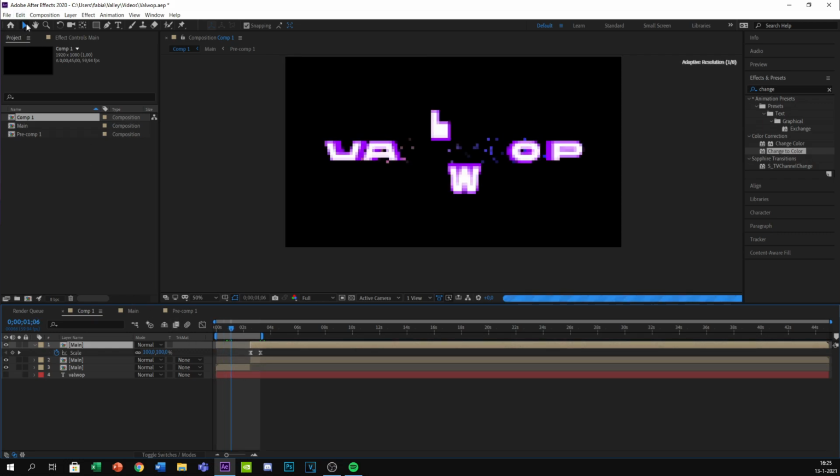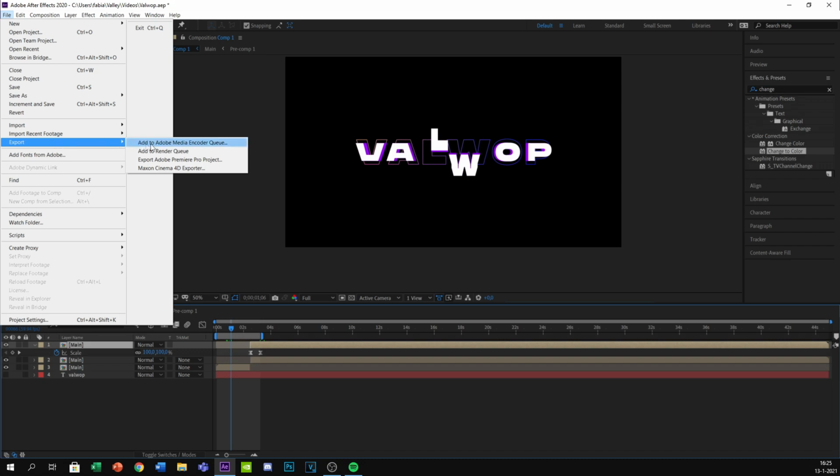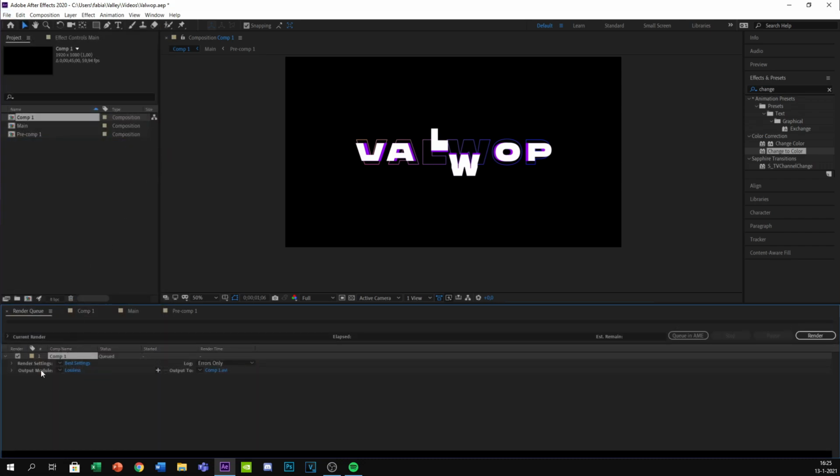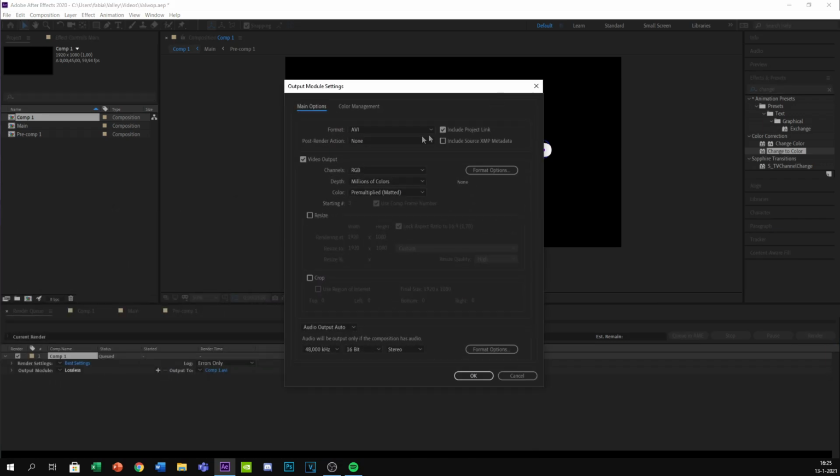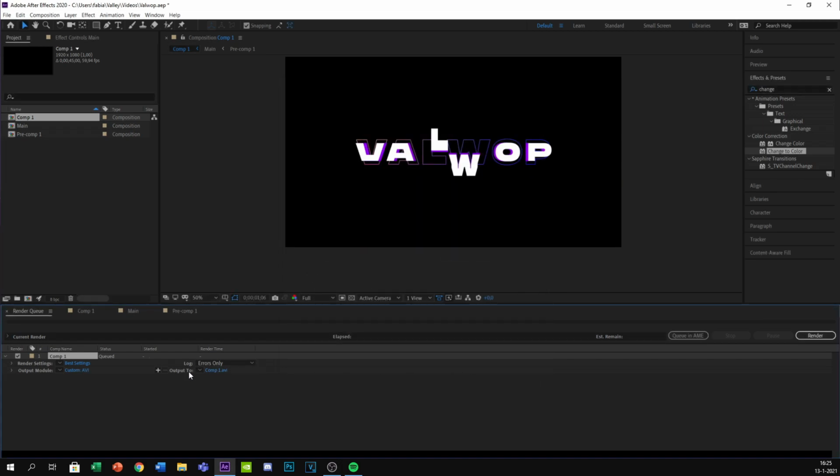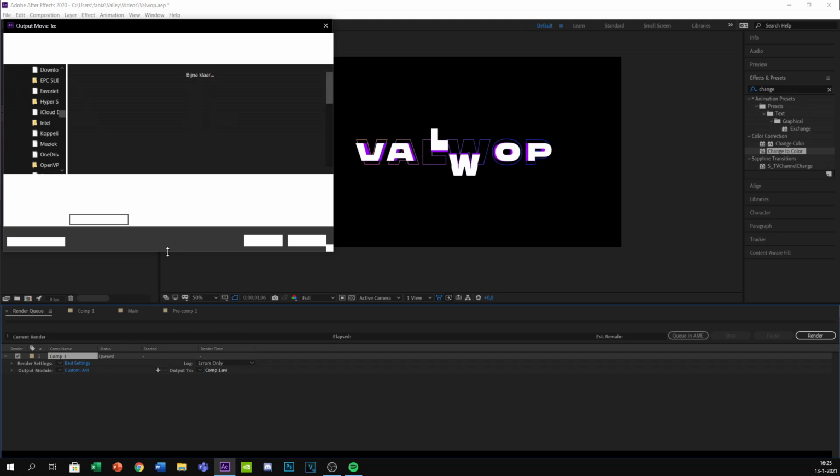You go to File, Export, add to render queue, and where it says best settings, leave that. Output module lossless, click on that. Leave the format on AVI, channels RGB plus alpha, and output to, rename it to something.